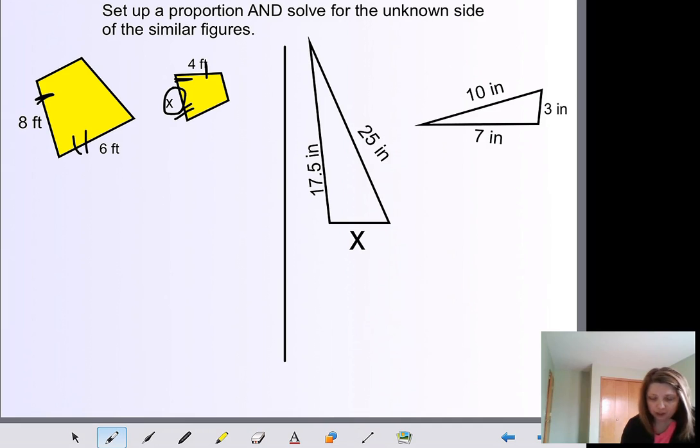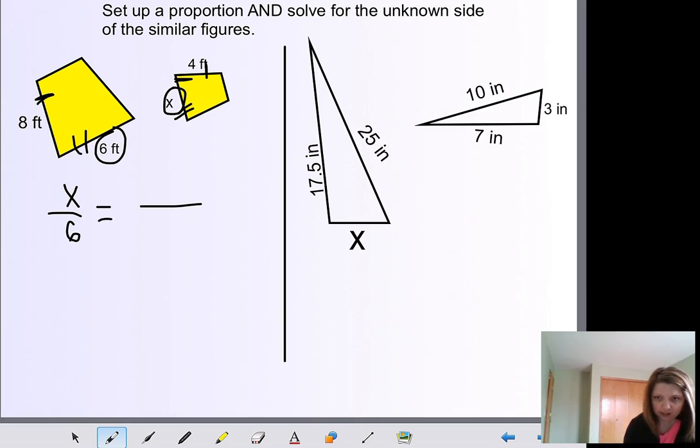Now be careful because shapes could be turned in different directions. Don't go right away and circle the things. Just hold on, look carefully. It looks like that x side and 6 will be the first ratio. So we're going to have x over 6 is equal to, and now